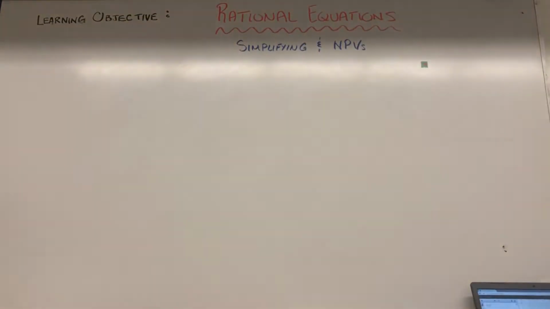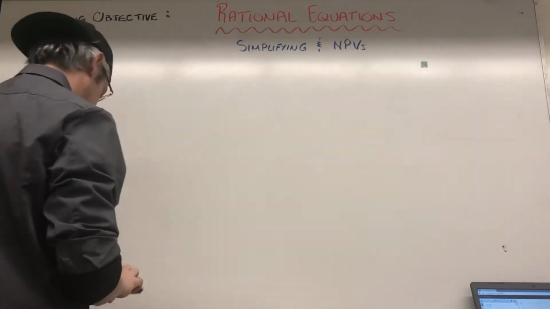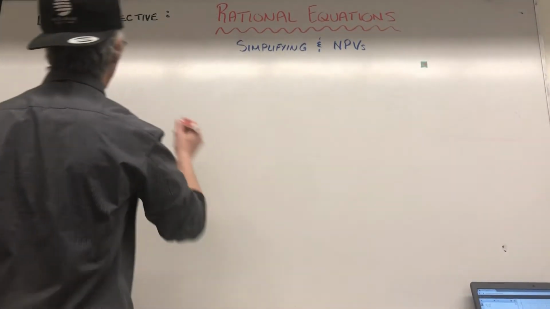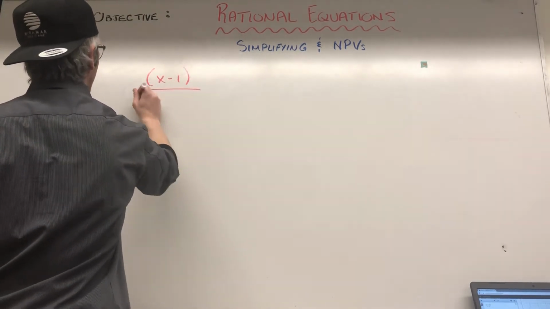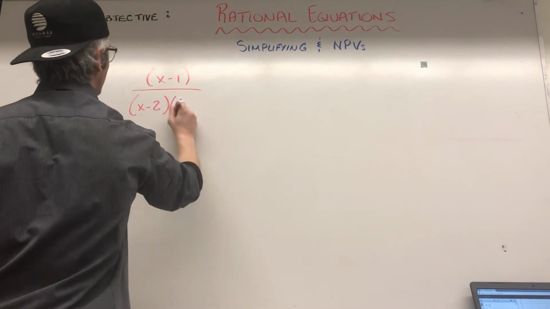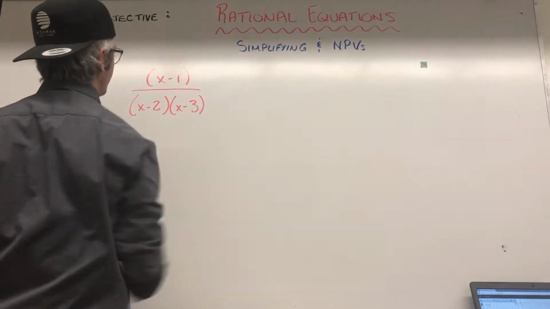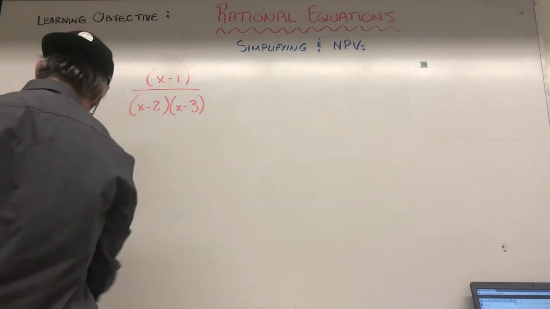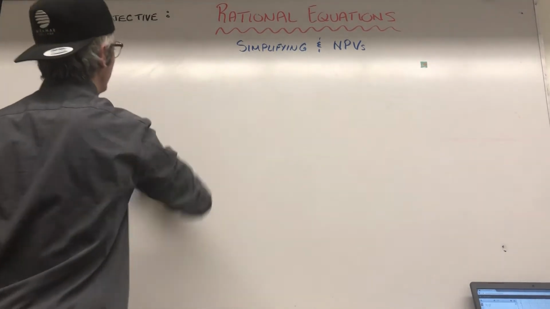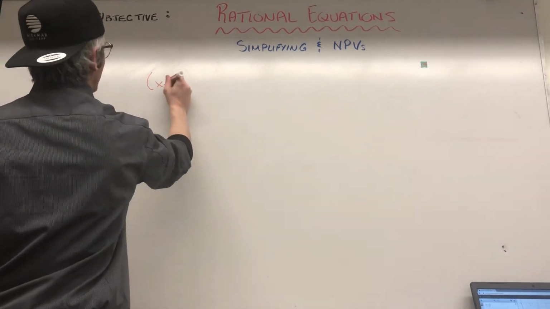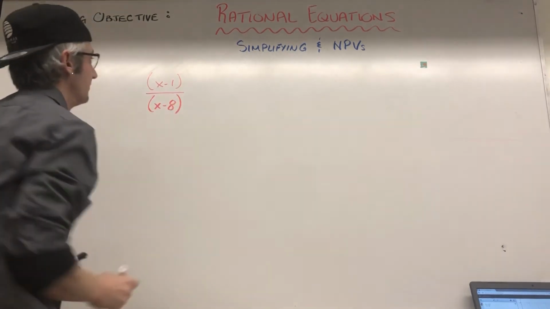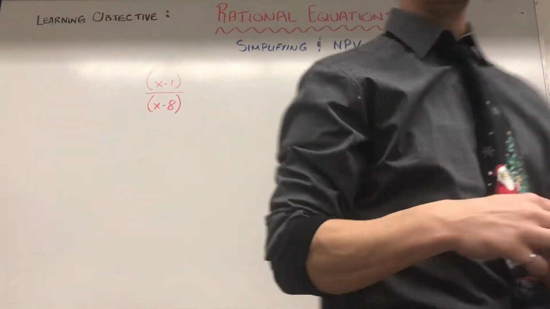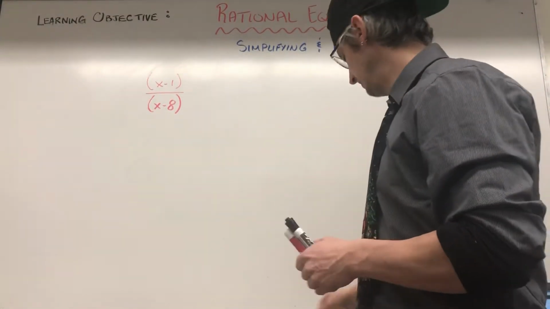I'm actually going to grab my textbook just so I can give some examples. So say I had something like x minus 1 over x minus 2, x minus 3. Actually, we'll make it even simpler. Let's just say I had something like x minus 1 over x minus 8. So when I'm dealing with an equation like this, I start to look at a concept called